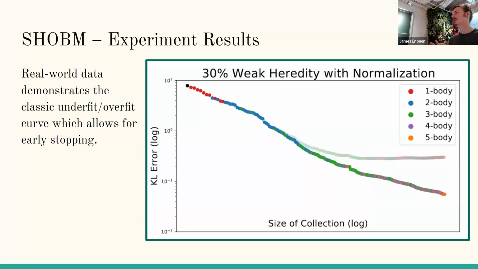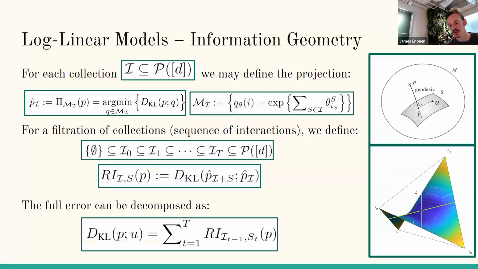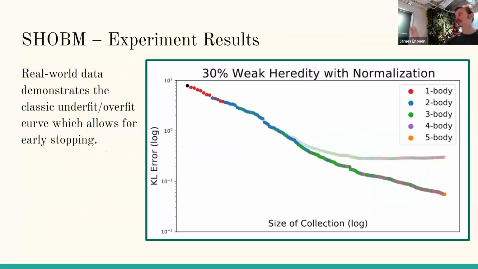But here we can see the classical overfitting, underfitting curve. The darker color that goes all the way down is our training data, and the lighter color that tapers out is our validation data. According to the equation I just mentioned, summing the refined information, we should see that this tapers off exactly, and there should be one point for early stopping. So that is what we do in practice: we just early stop as soon as the validation gets worse. That's theoretically supported by the previous slides. And this is also on real world data.